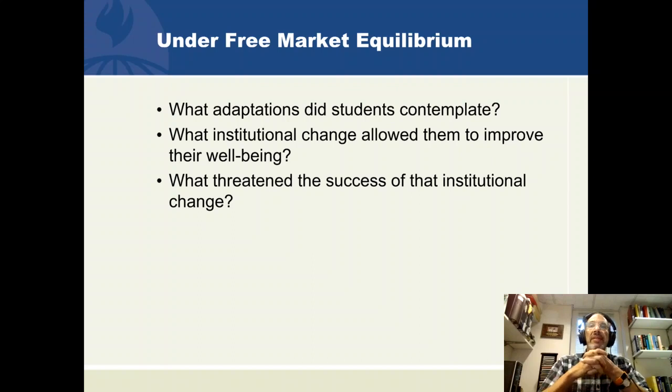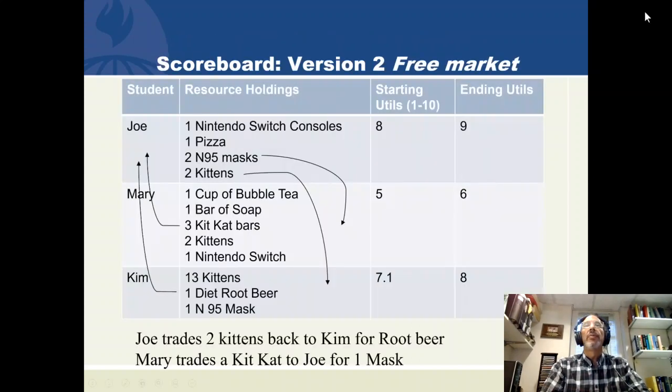Now, some things might threaten their success. They might have feelings about what's going on that inhibited their trading. Perhaps they felt that they should give Mary a better deal than perhaps they would have given her if she were not so poor off in this society. So they might have had emotional feelings that might have inhibited their greed. But that's part of life, and maybe we're going to indulge them in feeling some altruism and getting joy from that.